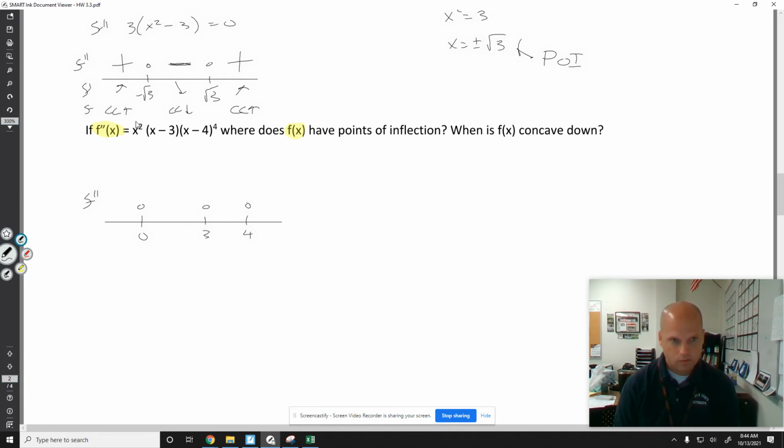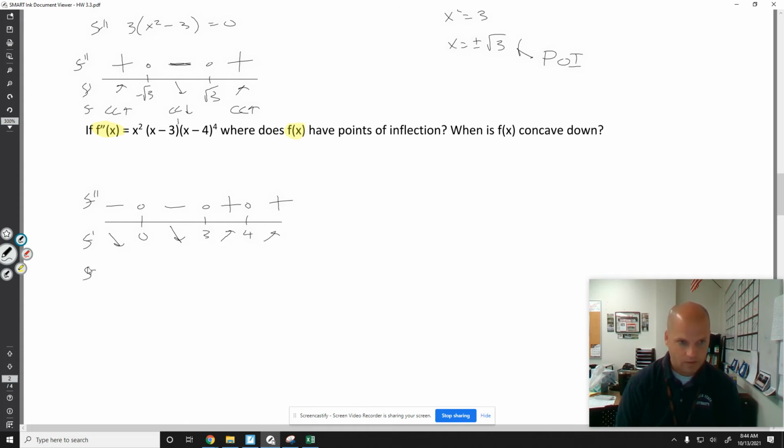Plugging in 5, positive, positive, positive, positive. Don't change sign at 4. Change sign at 3 because the multiplicity is 1. Don't change sign at 0 because the multiplicity is 2. Even multiplicities bounce. Don't change signs. Odd multiplicities pass through or bend through. Change sign. Don't change sign. Okay. So this is telling me f prime is decreasing, then decreasing, then increasing, then increasing,